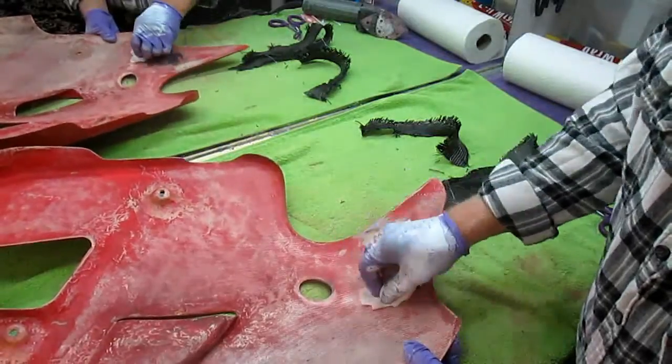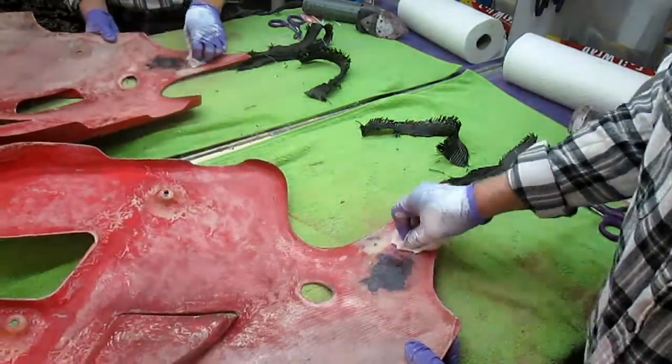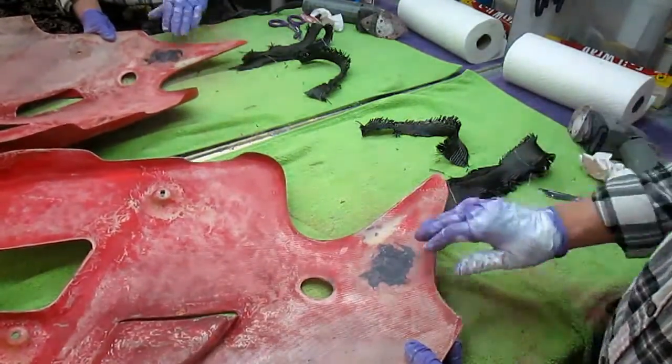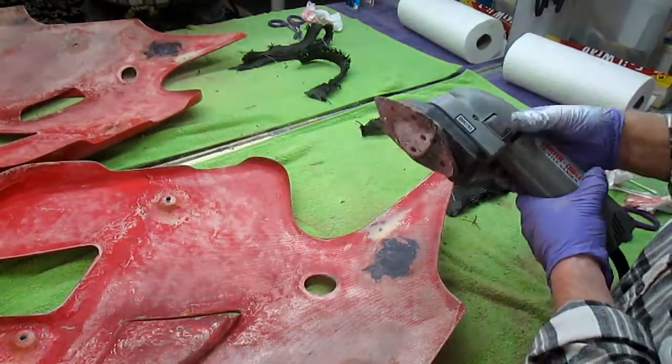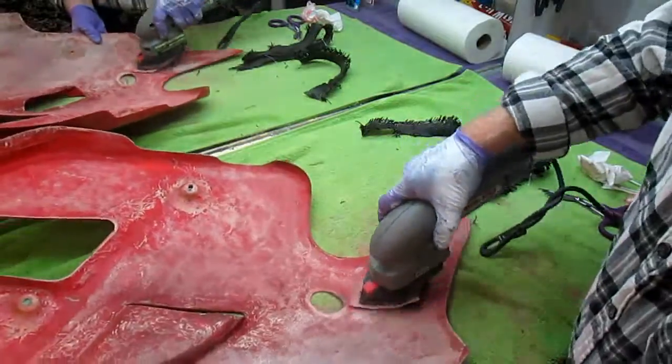Wipe that or it'll stay in place. So Ron, I hope that gives you some food for thought. Now you can tell how quick that dried. All you need to do, if you want to make it pretty,